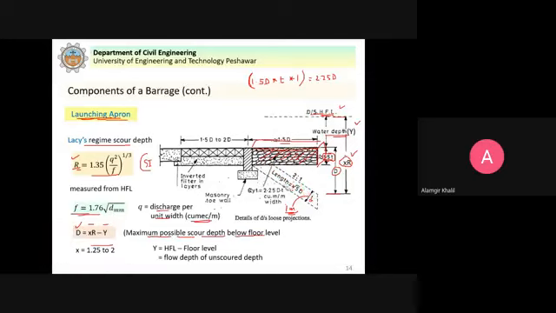And the thickness we want to be 1 meter as required by the code, that in the launched position it should be 1 meter.